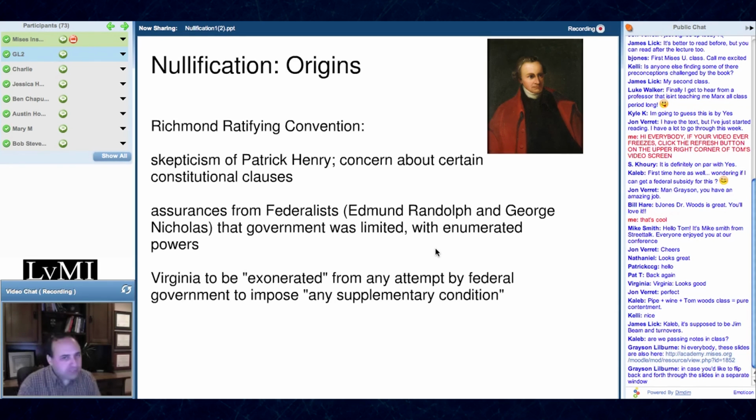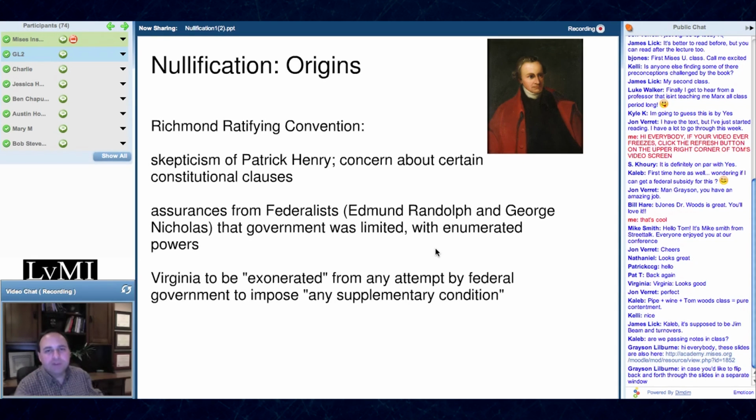It was they in particular, so not just a couple of random bozos, but people who were, number one, supporters of the Constitution. These are not skeptics but supporters, serving on this five-man ratification document commission, who said two things. Number one, this is a limited government only with the powers expressly delegated to it, so the federal government will not be able to appeal to some general welfare clause to override the specific limits on its powers. But secondly, as George Nicholas said, if Virginia found that the federal government was attempting to impose upon it